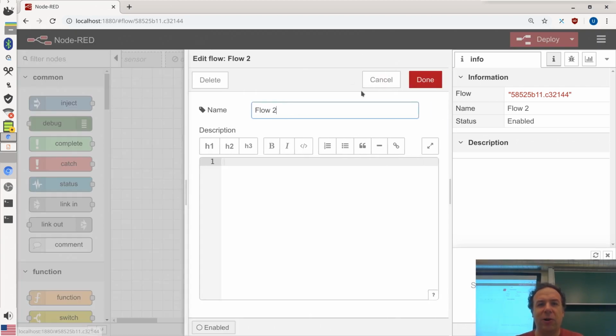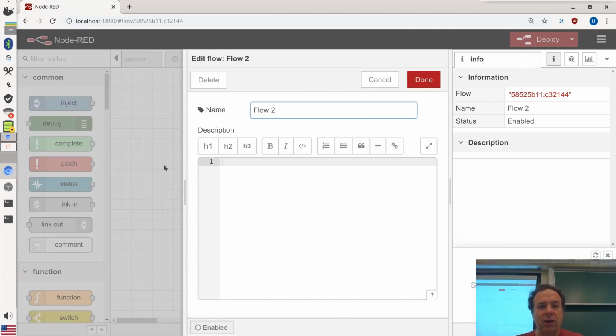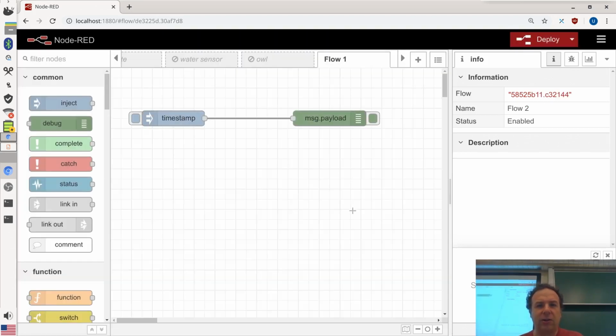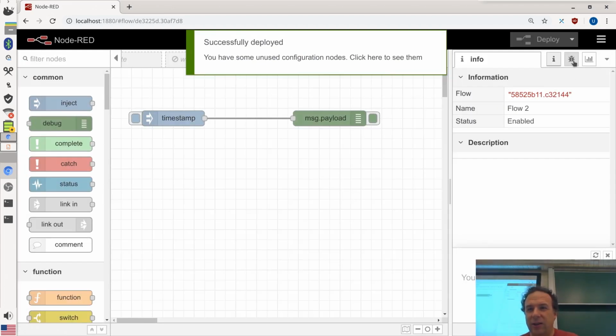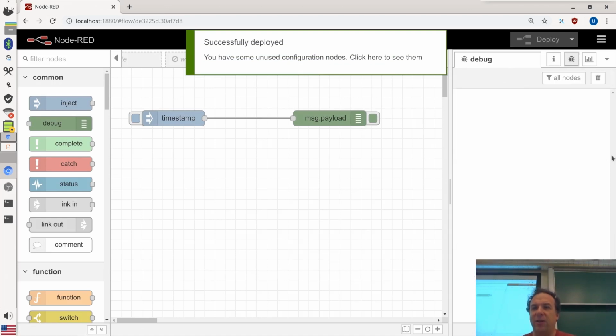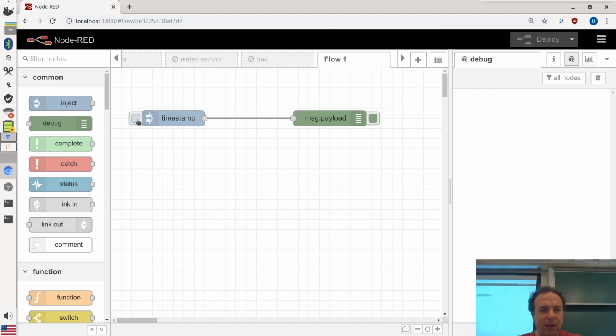If you want to delete a flow, you double click on the flow and you find the button up here, delete. So we have our great program now, which sends a timestamp when I press this little button. So I have to go on the debug field to see that it's empty. And when I press now on this little square, which is next to it,